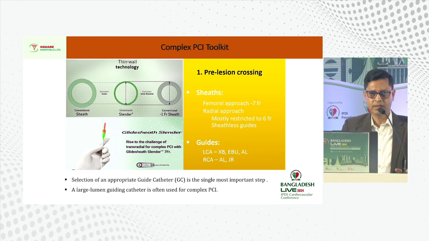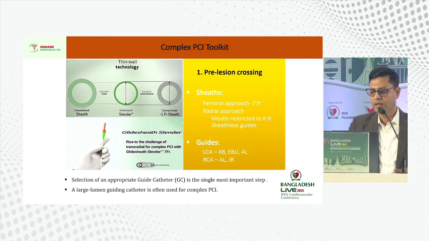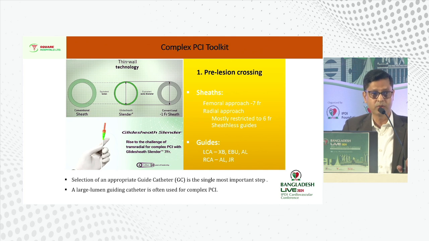For most of the cases, in case of femoral, we use 7 French for complex PCI, and for radial, definitely 6, and sometimes we use the 7 instead of 6. We actually use the Glidesheath Slender, which is compatible with a 7 French guide catheter. The 6 French guides are compatible for most of the PCI transradially, and sometimes we use the 7 with the help